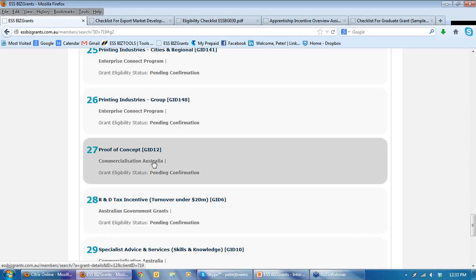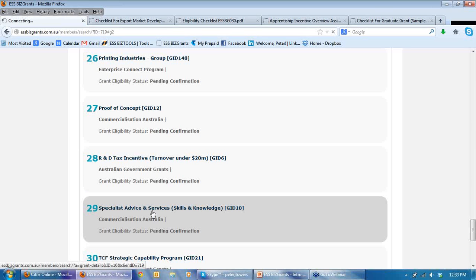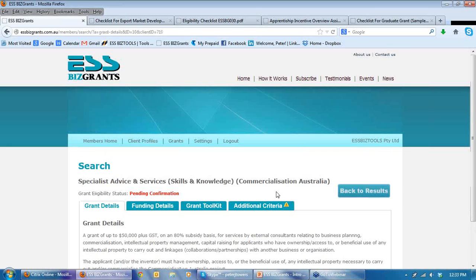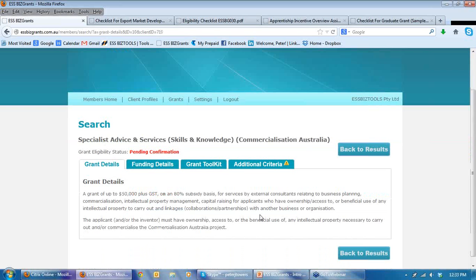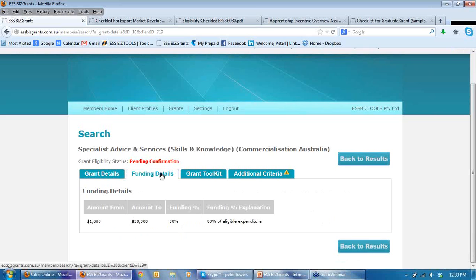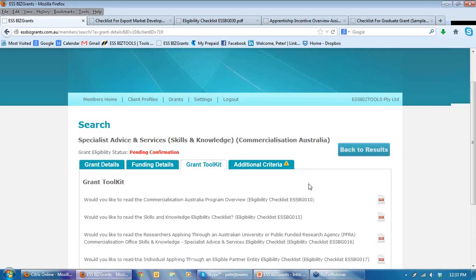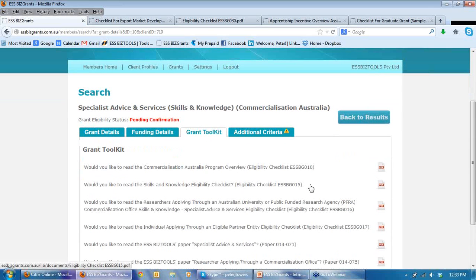We looked a little earlier on Commercialization Australia, early stage commercialization, but the more interesting one I think for a lot of your clients could well be the Skills and Knowledge, which is a grant of up to $50,000 on an 80% basis. So there's the funding details, and in the grant toolkit it will tell you what is covered, and basically what's covered is the preparation of market research, intellectual property searches, patent attorney fees,